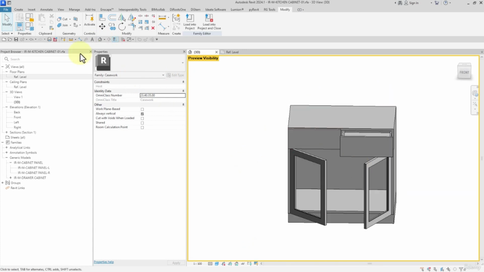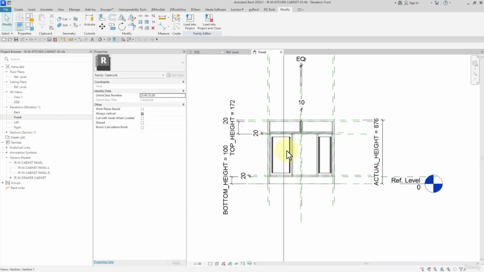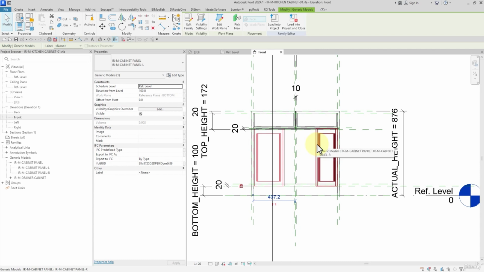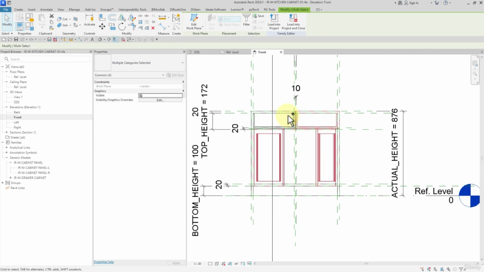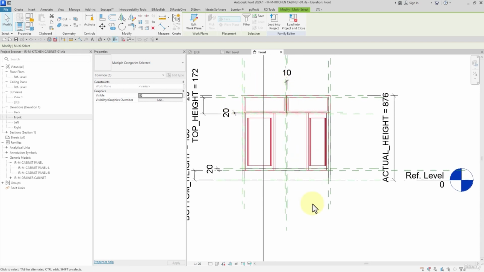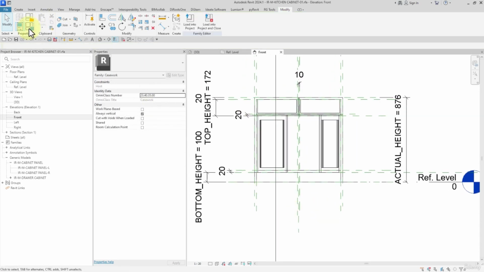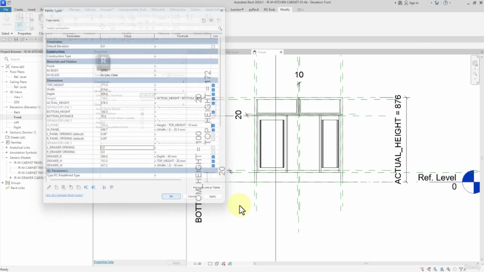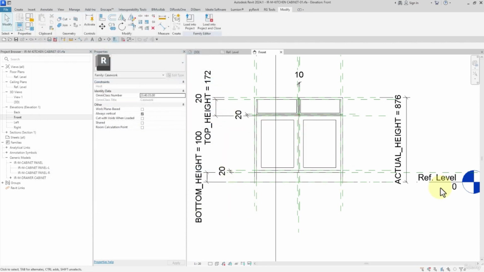I open the 3D view by this way, saving the file, opening the front view like this way. Here in this view, I want to select these. Watch this. 0 and 0. Well done. To close them all,